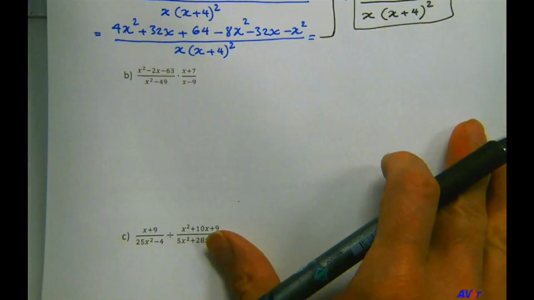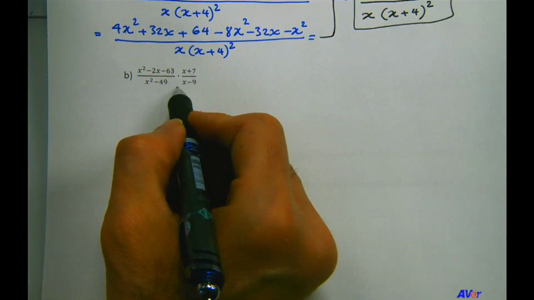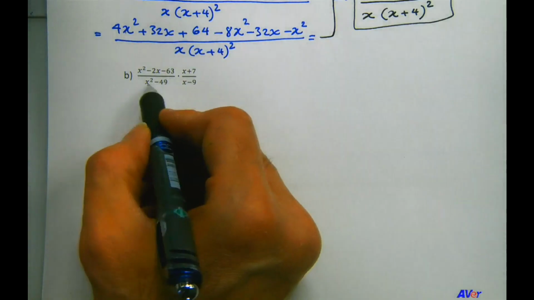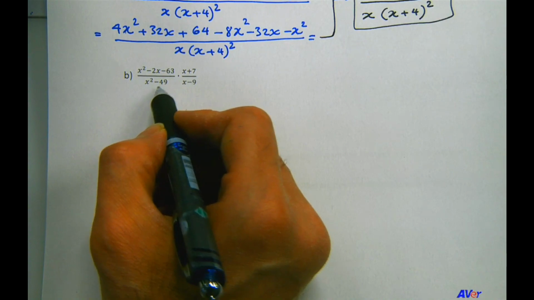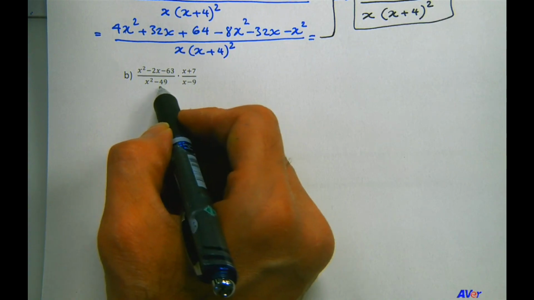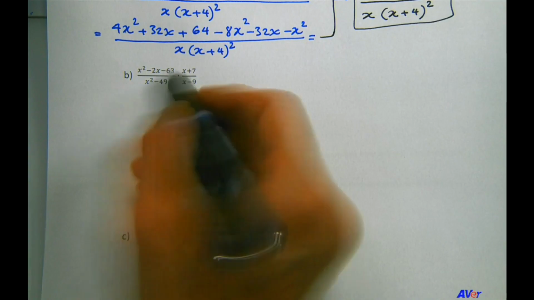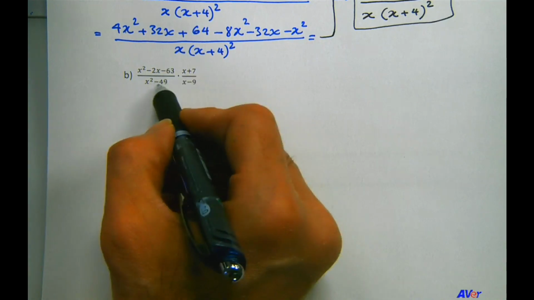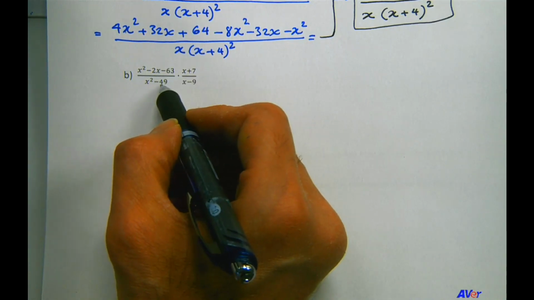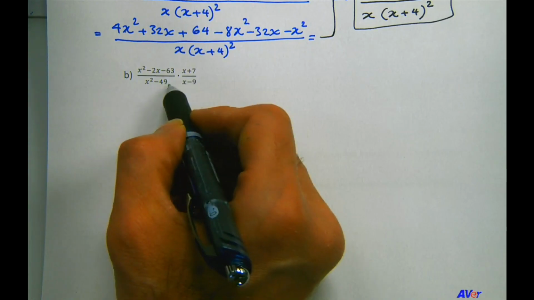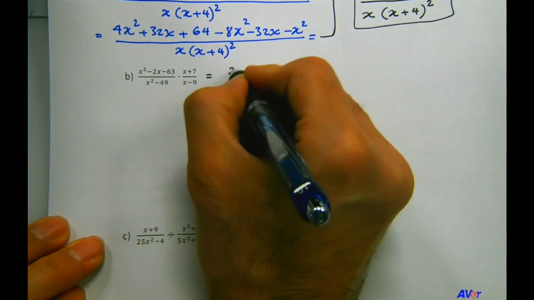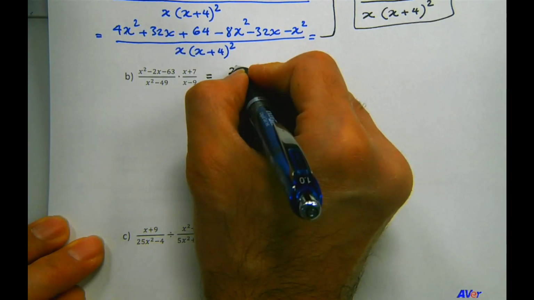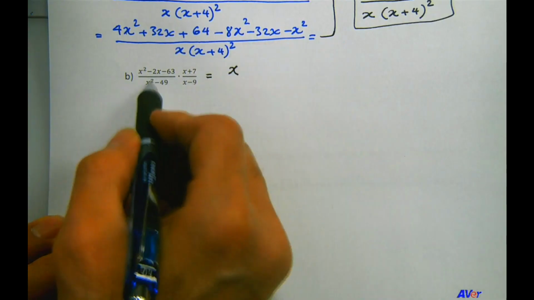The next one. Look at the denominators. This one we need to factor, right? That's x squared minus 7 squared. Minus 49 is minus 7 squared. So we should factor the denominator where we can in order to find out what should be the common denominator. So we have